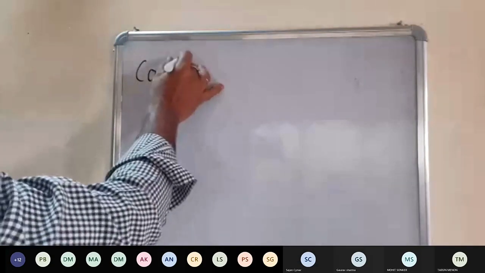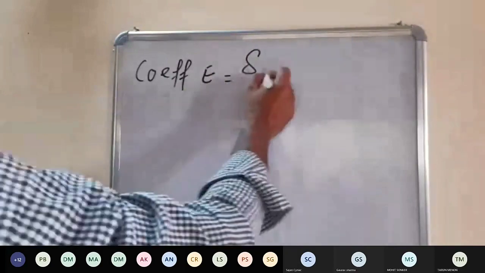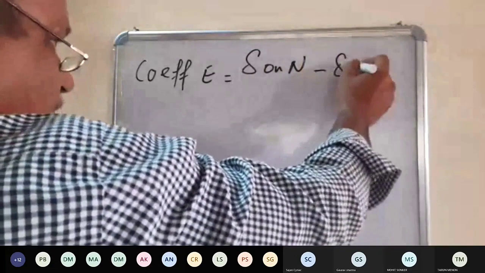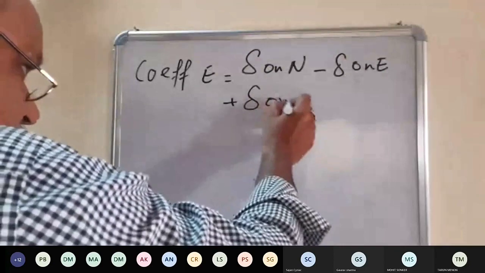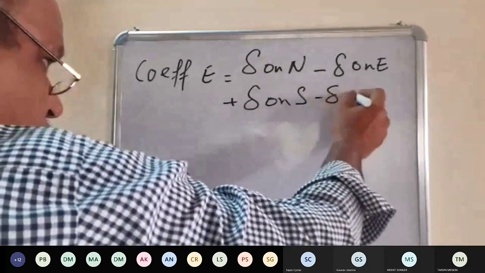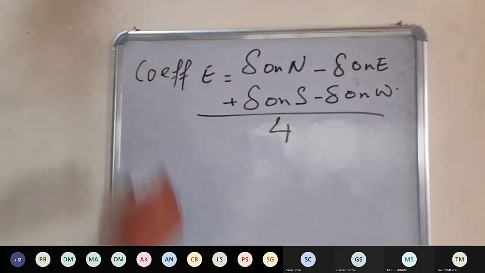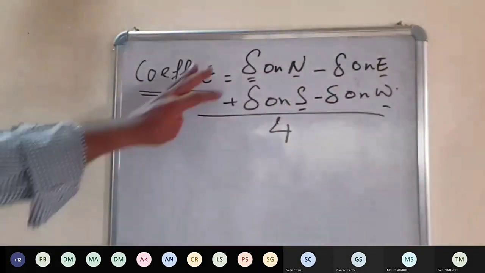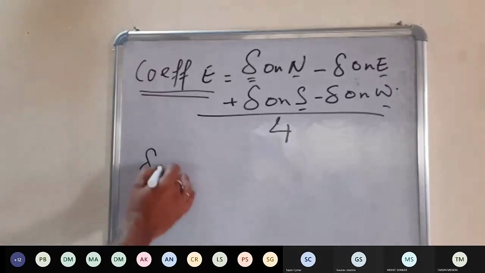But what is the effect of courses? As we have seen, coefficient E is equal to... इसका मीन वैल्यू कैसे निकालेंगे? तो on north minus on easterly course plus on south minus on west divided by 4. एवरेज आउट निकालते हैं इसका। कोएफिशिएंट ई की वैल्यू पता करने के लिए डेविएशन नॉर्थ में कितना, ईस्ट में कितना, साउथ में कितना, वेस्ट में कितना, बाय दिस we take out the value of E,